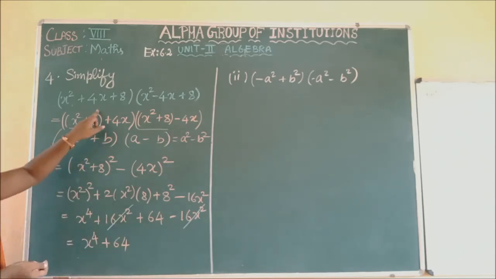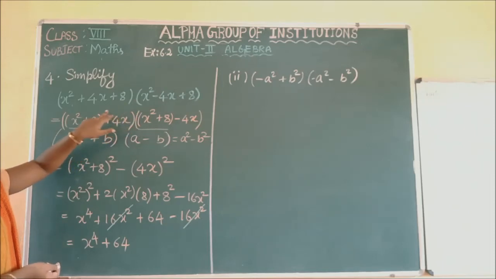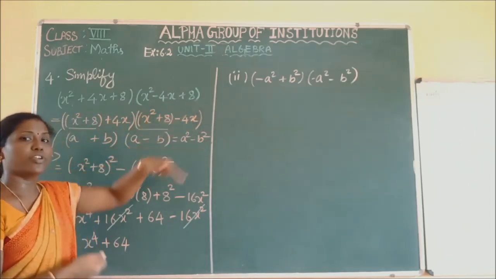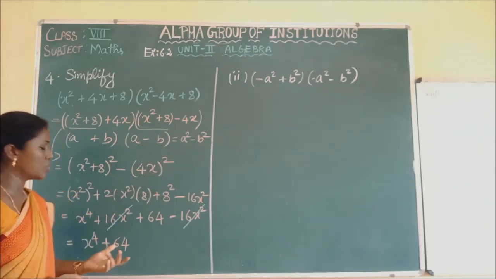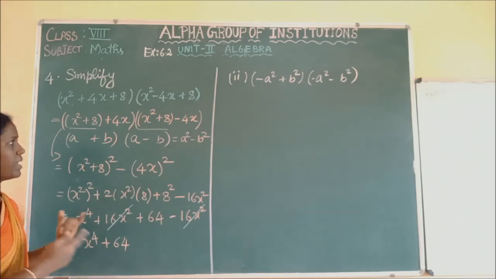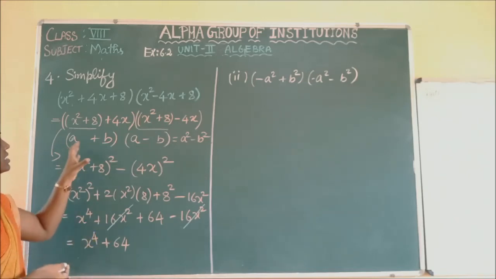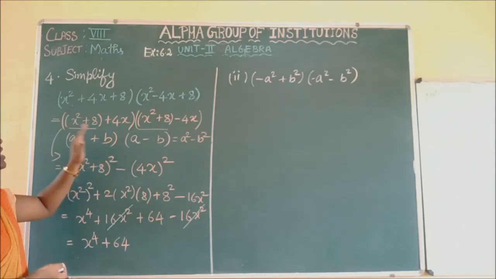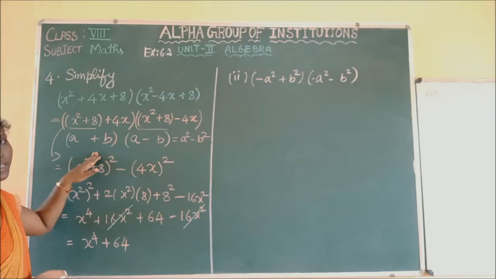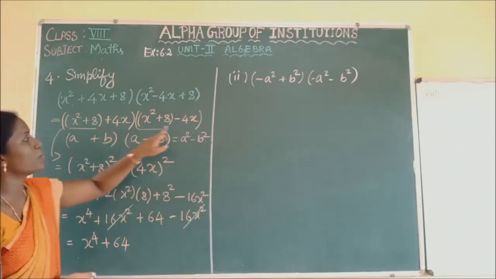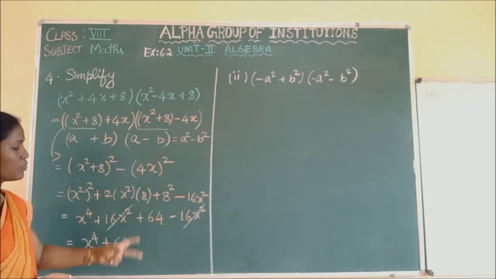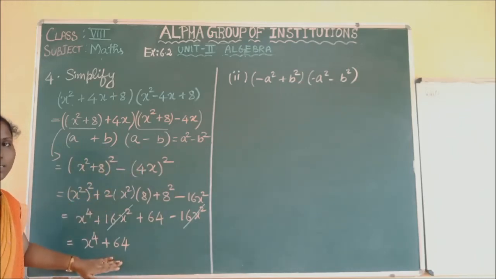So that is the product of these two given expressions. Already in the first exercise we know how to multiply a trinomial with another trinomial. If we multiply normally also, the final answer after simplification will be x power 4 plus 64. But if you think of using the identity, just see the question clearly. Which identity can be expressed here? If we rearrange the formula, then we are getting it in the form of (a plus b)(a minus b). So we are using the identity and we are getting the answer.